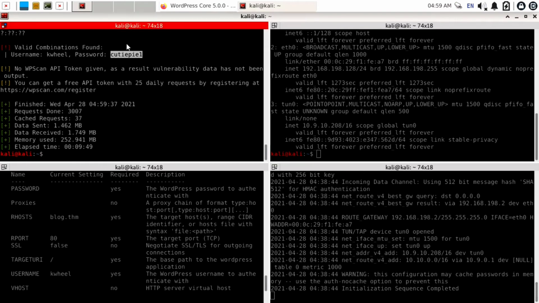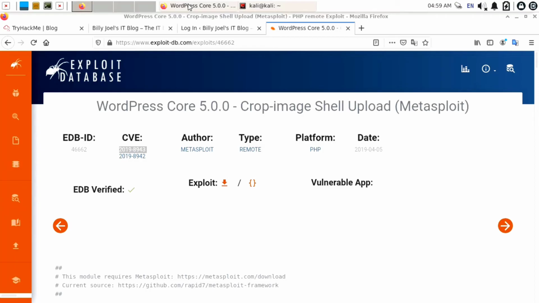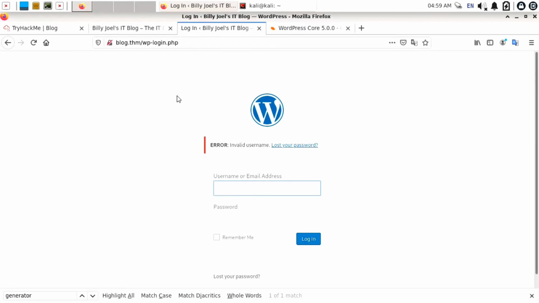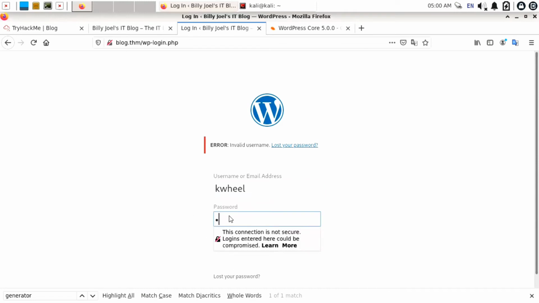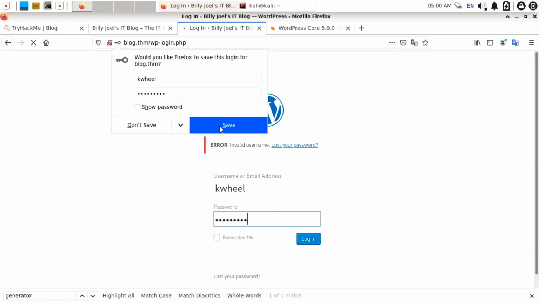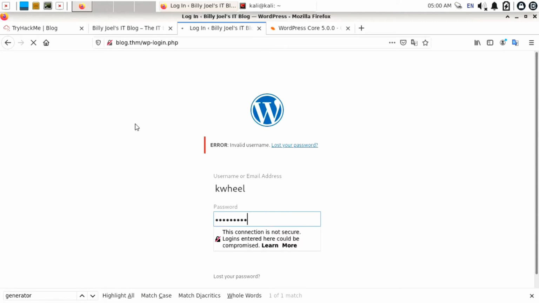Okay, just try to access our web browser and try to log in via these credentials. Our username is kwheel and password is cutpie1 and click on login. If we are successfully able to log in by using these credentials, then we can easily exploit this.